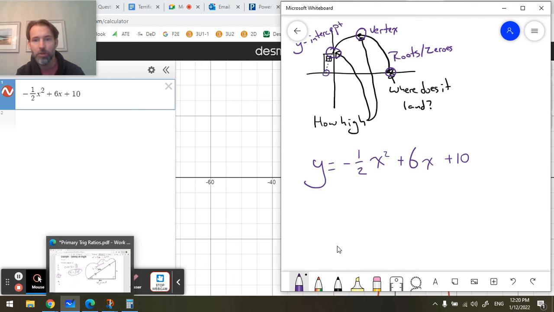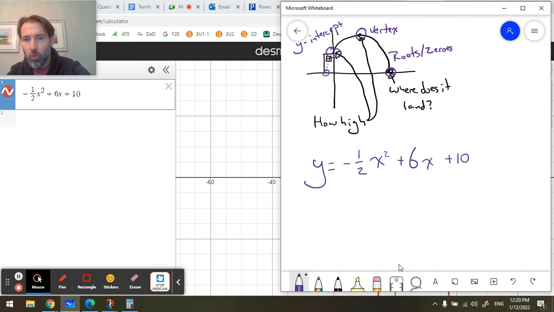Okay, so this is what you do. One thing that I remember from the quadratic formula is that the value negative b over 2a